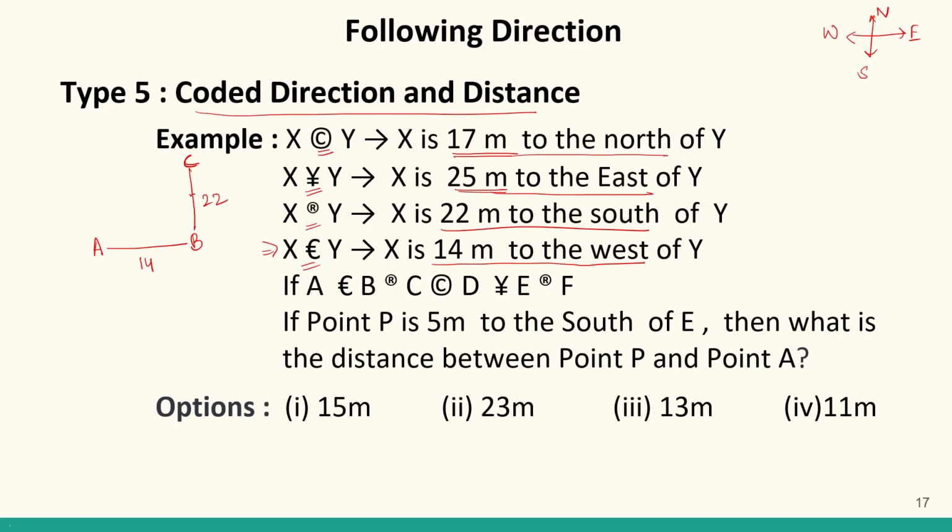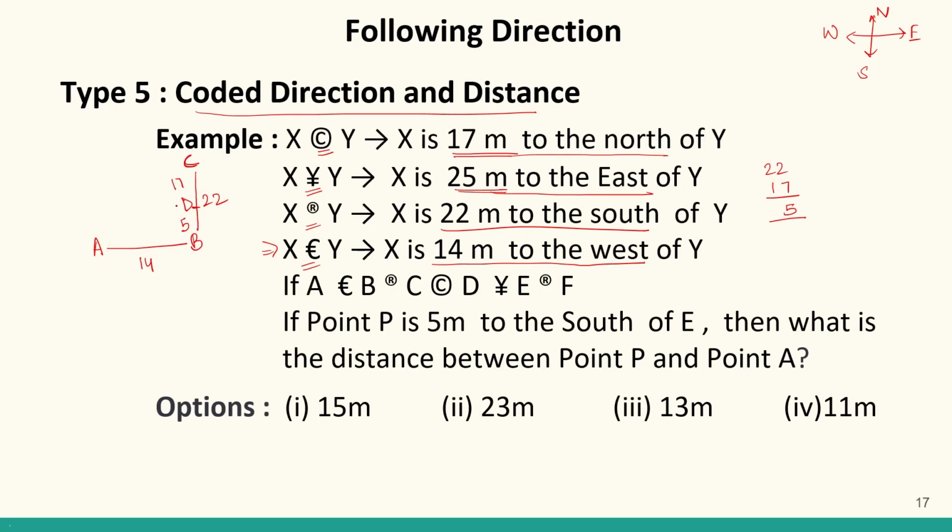So D has to be somewhere over here because this is 17. If this is 17, 22 minus 17 will give us how much? This is where D is. This will give us 5. So the distance between D and B will be 5. Basically I have broken 22 into 2 parts, 17 and 5. Now D is to the 25 meter to the east of